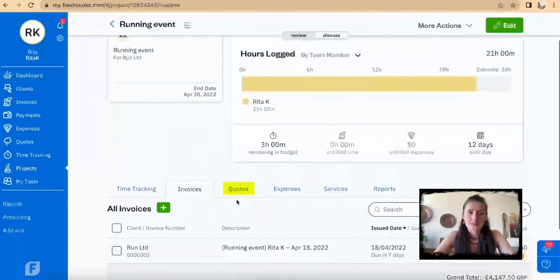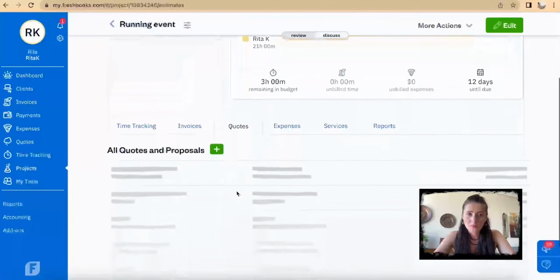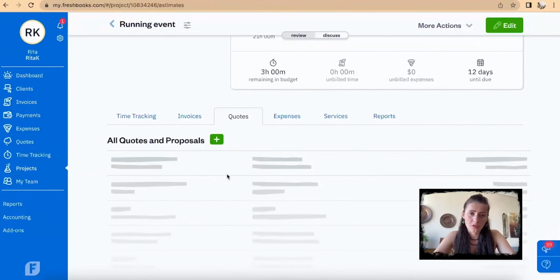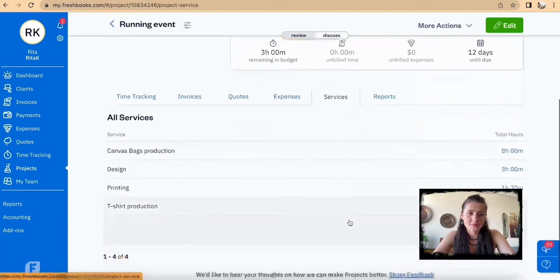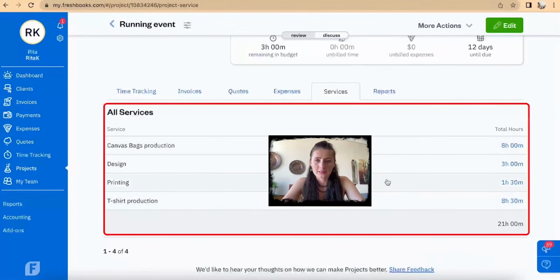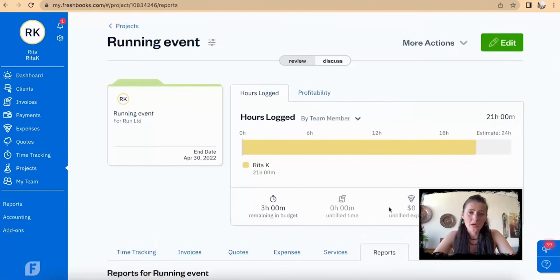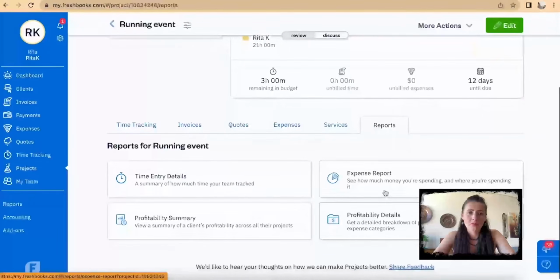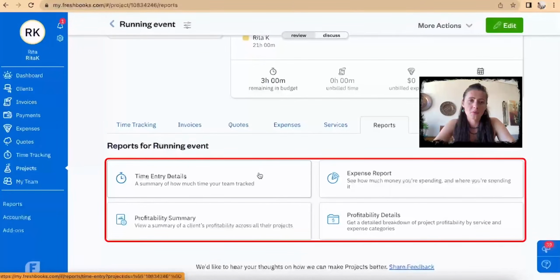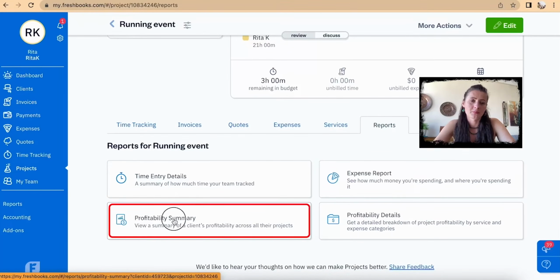So you can also issue quotes, proposals, and then you can convert those to invoice. You can add any other services if required, and add time if need to be invoiced based on the time. And also look at reports. So when we're looking at reports, there is expense report, time entry details, profitability summary, and profitability details. So when I click on profitability summary,